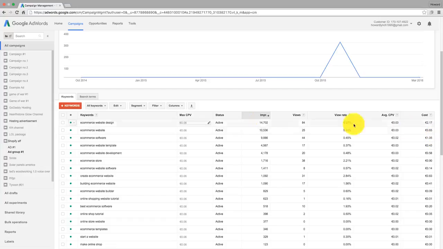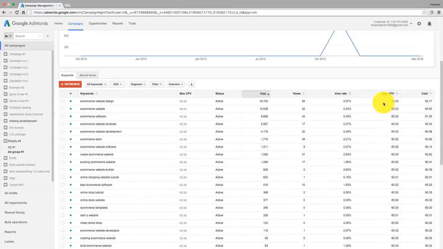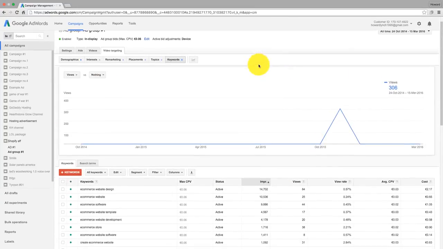Track conversions, but especially track cost per conversion, and then use that as your only metric. If you see something that has a low cost per conversion and is getting traffic, is getting impressions, then you need to put your money on that once you have enough data to make sure. Okay, so in order to add a conversion,